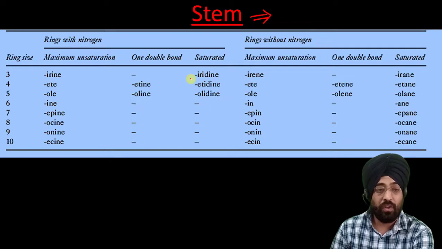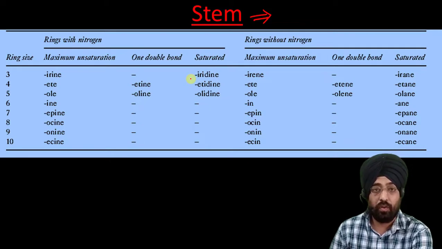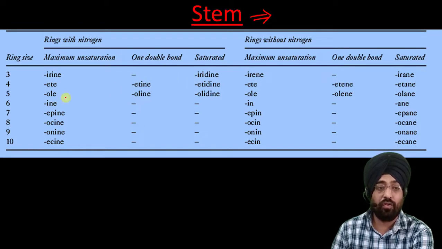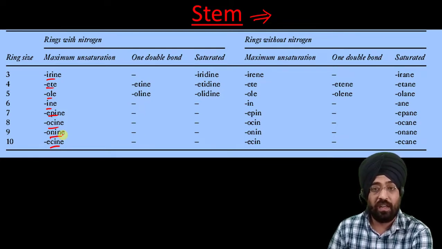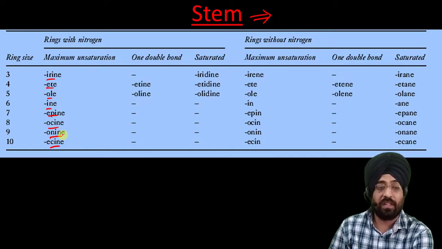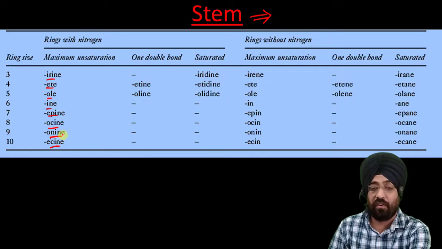So I said you always keep this table with you so that you can use this table. When you use this table a number of times, you will start learning the stems. It is very difficult to remember this table as it is. It can be remembered by applying it. It is similar to English vocabulary, like we learn the words if we keep using them. The words which we don't use frequently, we forget them.